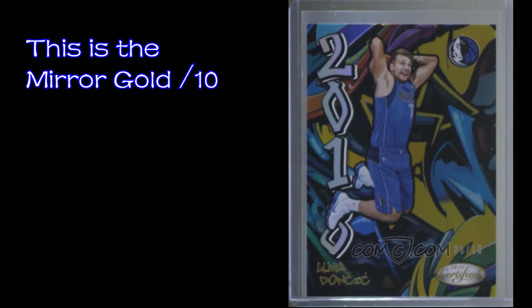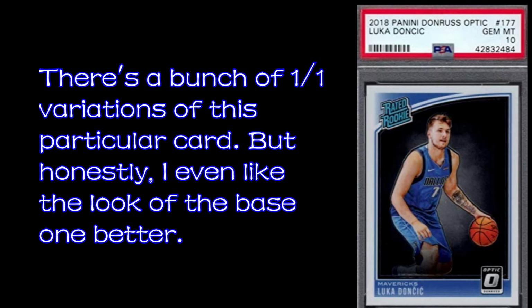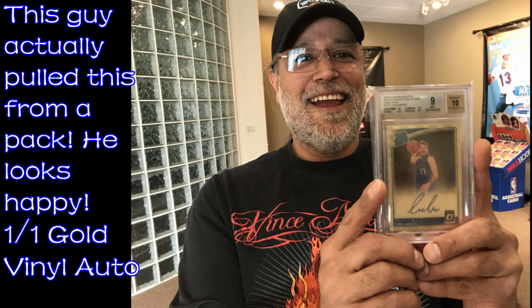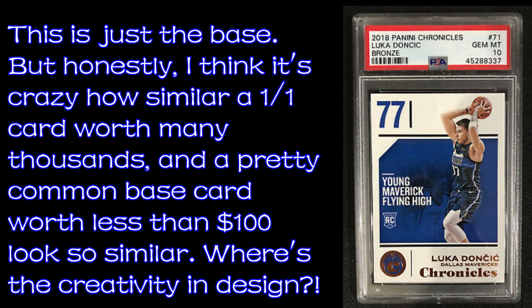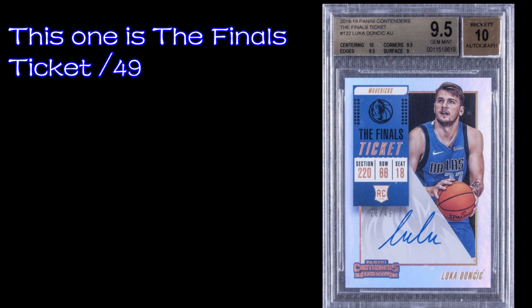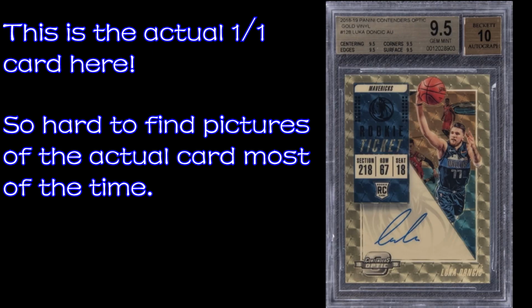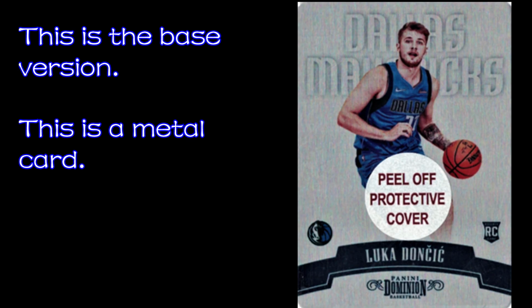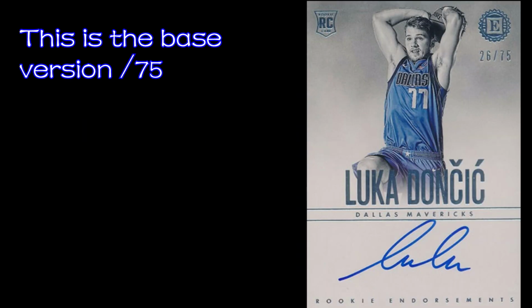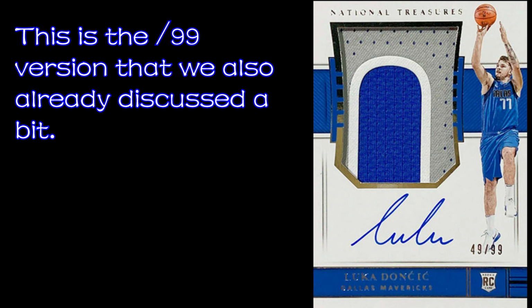Certified Mirror Black, Crown Royale Crystal Platinum, Donruss Press Proof Black Laser, Optic Black, Optic Choice Nebula, Optic Fast Break Black, Optic Gold Vinyl, Hoops Artist Proof Black, Chronicles Platinum, Contenders Autograph Championship Ticket, Contenders Draft Picks Autograph Championship Ticket, Contenders Optic Autograph Gold Vinyl, Cornerstones Auto Quad Memorabilia, Dominion Platinum, Encased Autograph Platinum, Flawless Platinum, Impeccable RPA Hollow Platinum, National Treasures RPA Logo Man,